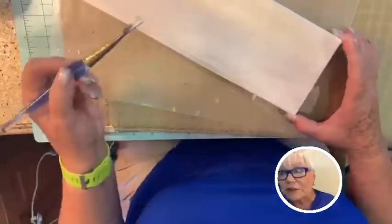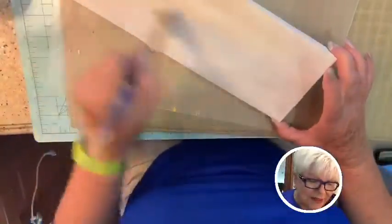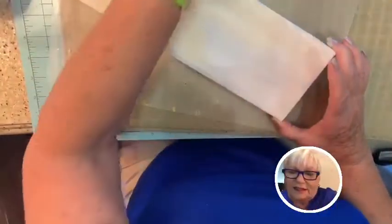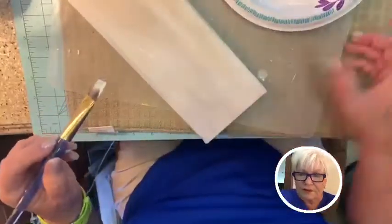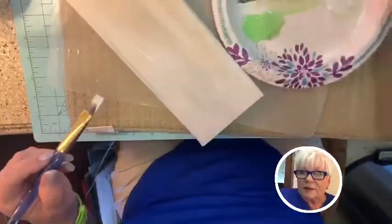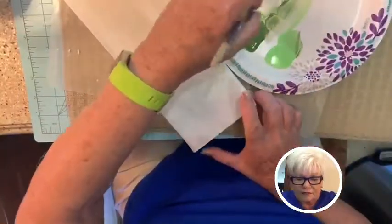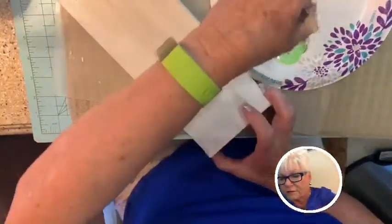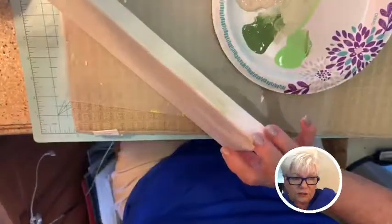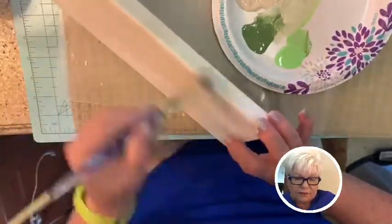I don't know who it's going to be a gift for yet, but it's going to be a gift. And let me show you. I'll put this where you can see my paints, and that I'm just kind of randomly putting them on here. This will be a good project if you don't paint a lot, but you want to do some gifts for Christmas,